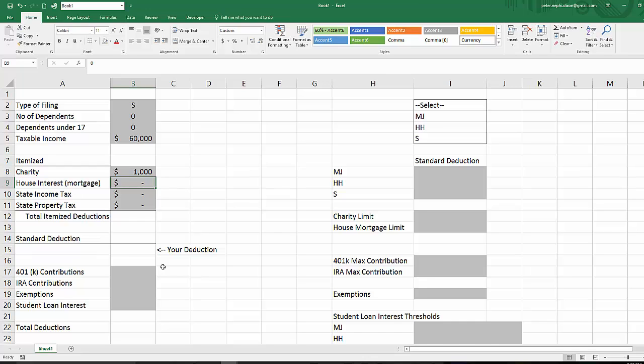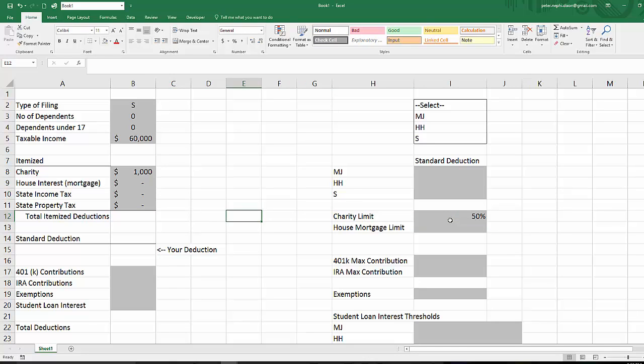And I'm paying property taxes on the house, and so it becomes a lot more valuable for me to itemize my deductions. But for this point right now, we're going to just say 0. So your total itemized deductions is going to equal, now you have to remember that you can't deduct 100% of your income for charity. So I can only deduct 50% of it. So the charitable contribution limit is